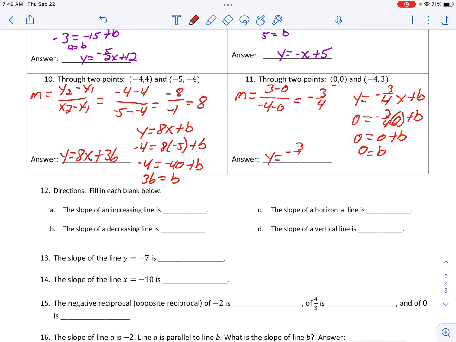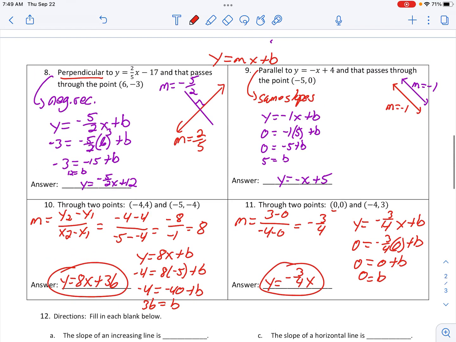If you remember that, cool. If not, plug in the point. You'll get your answer there. And there we go. All right, let me upload this, 8 through